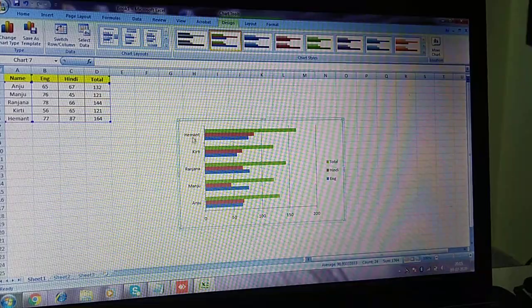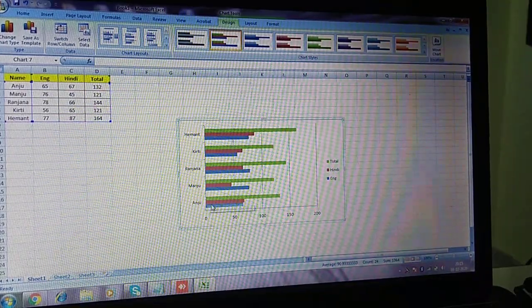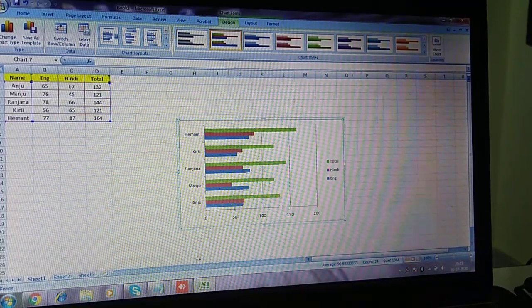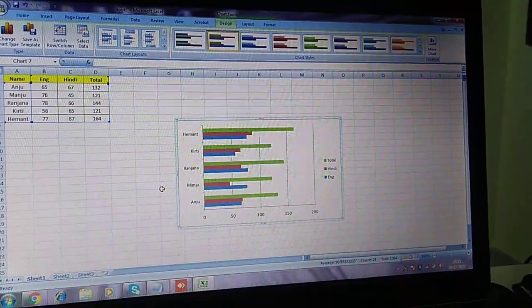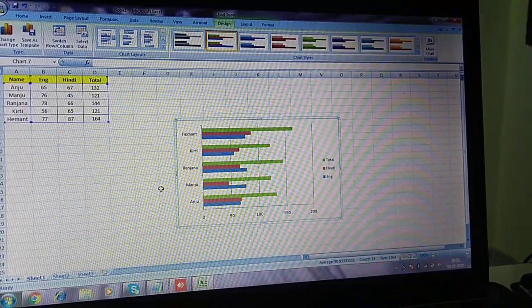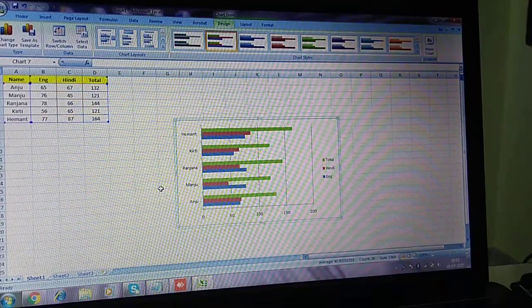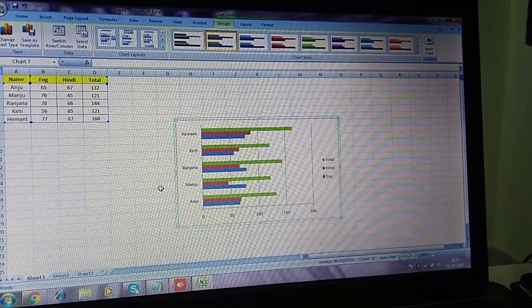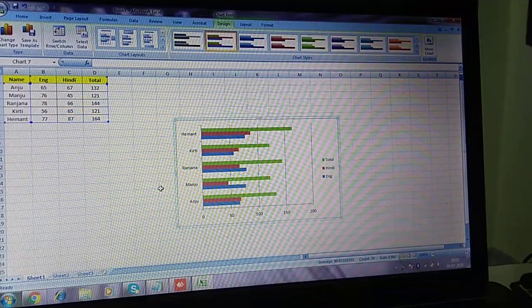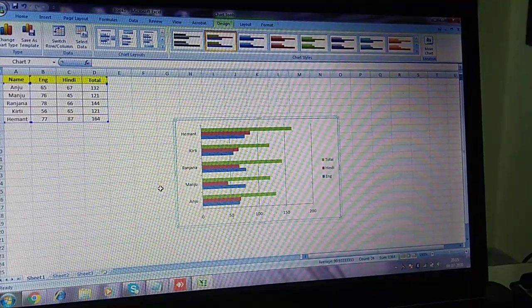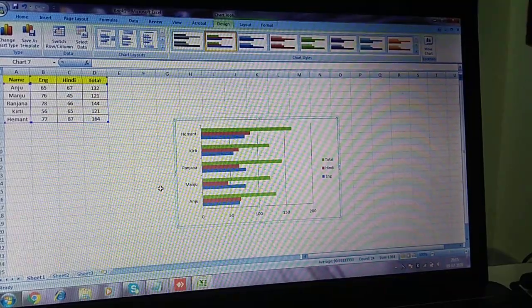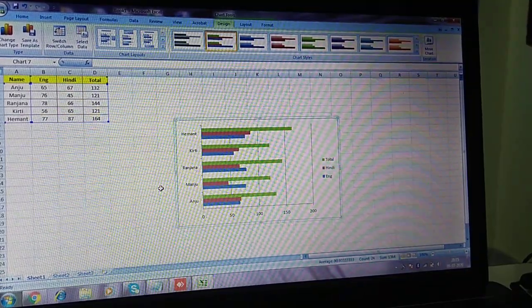On the y-axis the student names are reflected, and on the x-axis the numbers are reflected. Now you will ask how the chart takes names on the y-axis and numbers on the x-axis. It can swap also. Your numbers can go on the y-axis and your names can come on the x-axis.